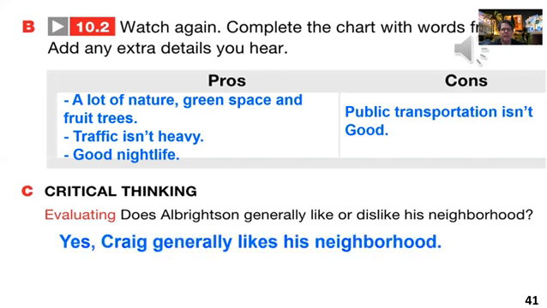He generally liked it. You know, there are more good things that he said than bad. Just this chart, we have 3 good, 1 bad. All right. So if you need more time to write all this, please pause the video now and go ahead and write.